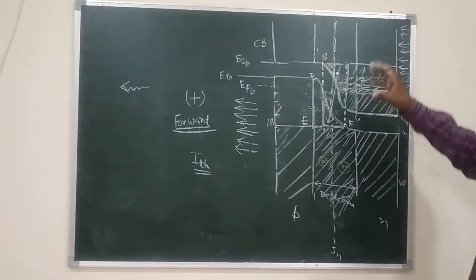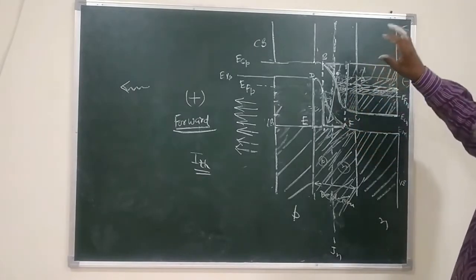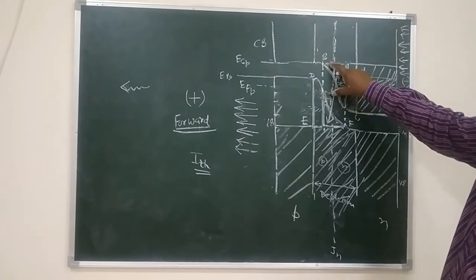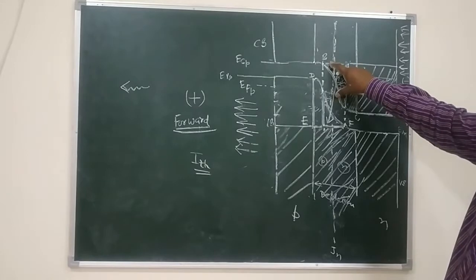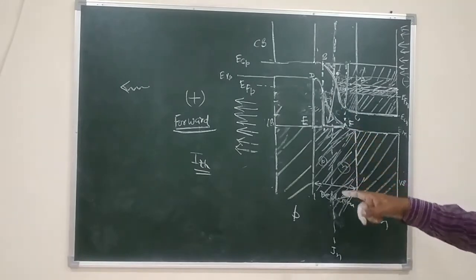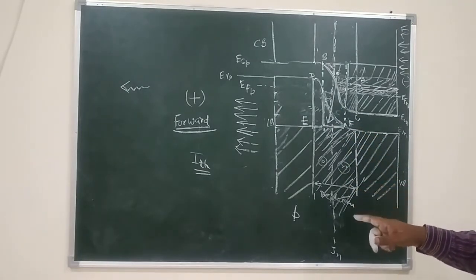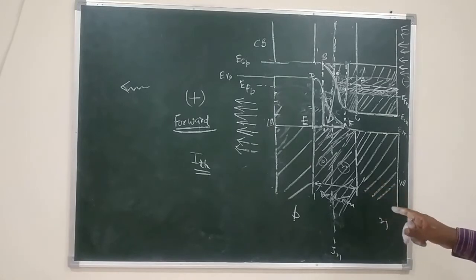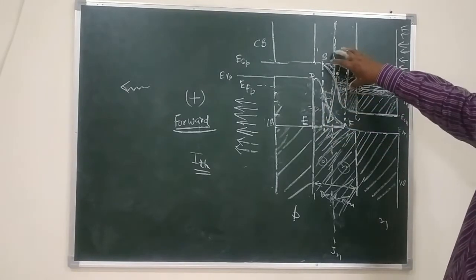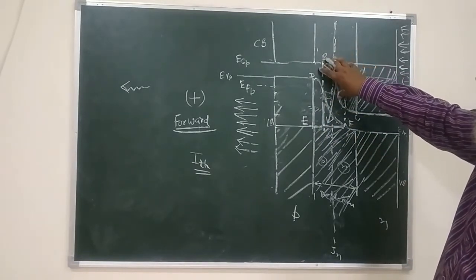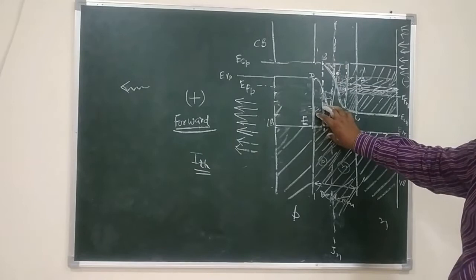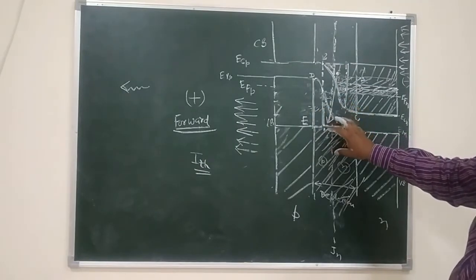So kindly remember, it is a 2-level laser in which the upper lasing level is some portion of ABC, it is a small portion of the donor band within the depletion region, and the lower lasing level is a small portion of the acceptor band within the depletion region. Then what is the G level, the ground level? It is again the same part. And what is the E level? It is again the same part. Kindly remember, this region is acting as upper lasing level as well as excited level, and this region is acting as lower lasing level as well as ground level.